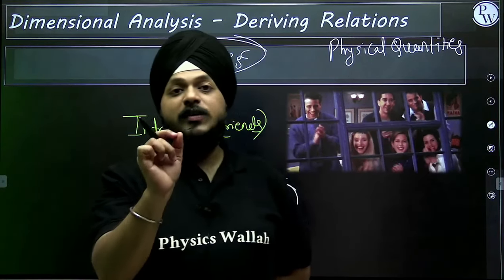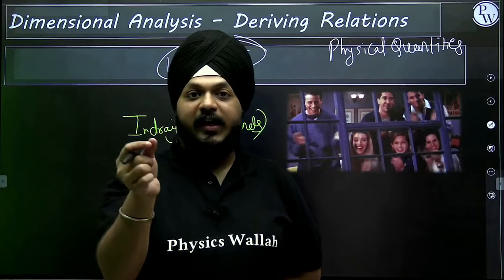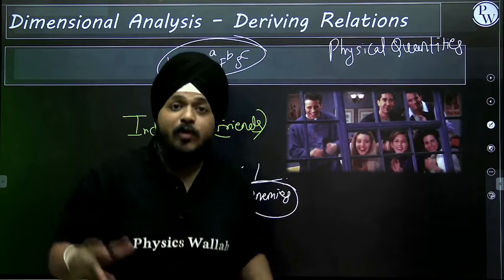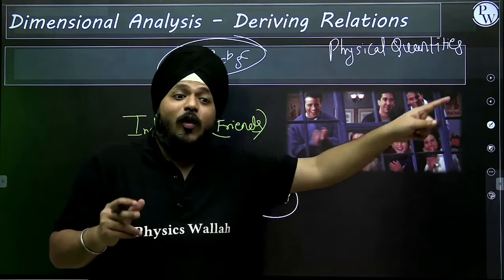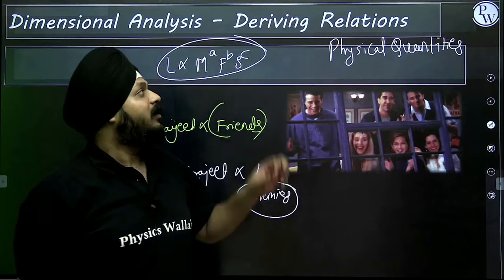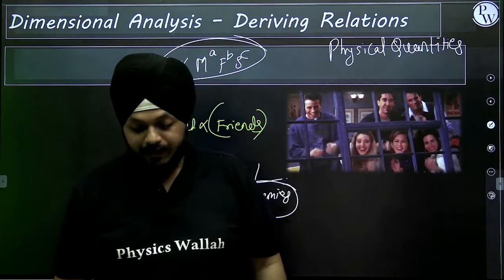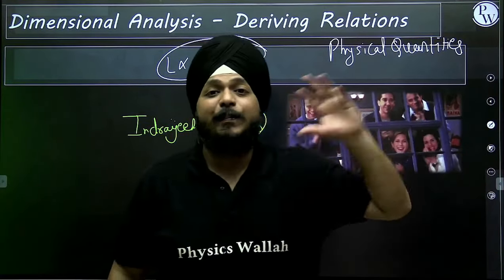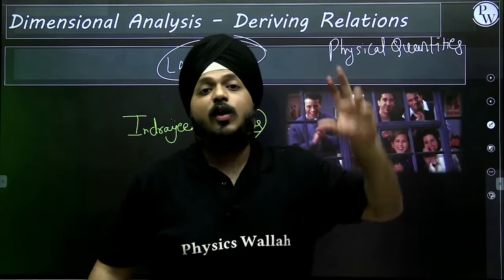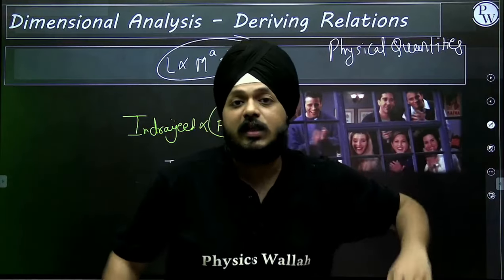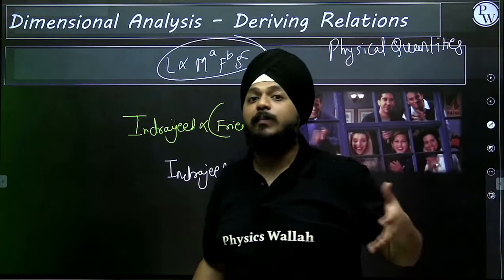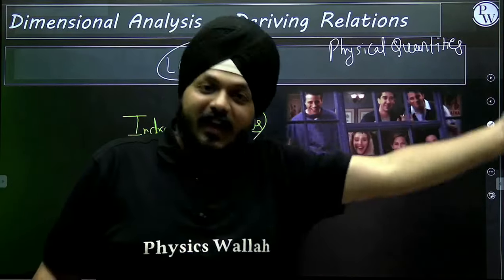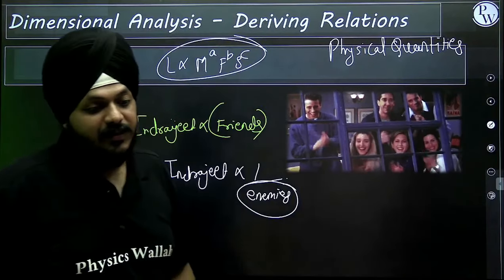Suppose I want to represent any derived physical quantity in terms of fundamental physical quantities, I have the dimensional formula. But if I want to represent a physical quantity in terms of derived quantities, I can use this concept. Again, I am repeating: to represent any physical quantity in terms of fundamental physical quantities and their dimensions, I have the concept of dimensional formulas. But if I want to represent something in terms of dimensions of a derived physical quantity, then I have this approach.